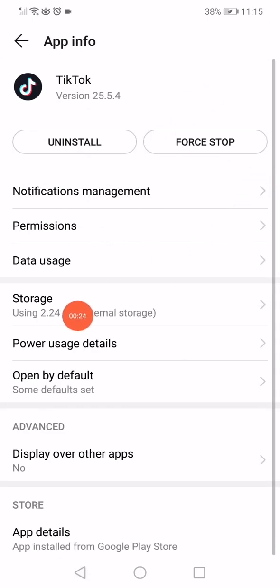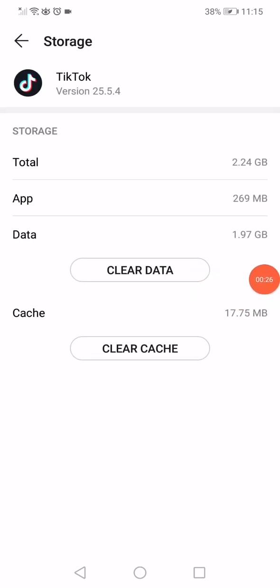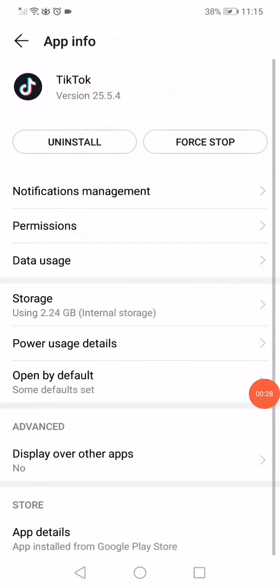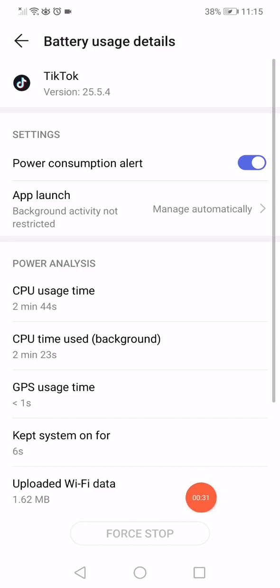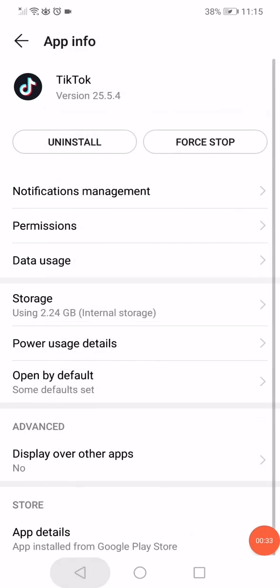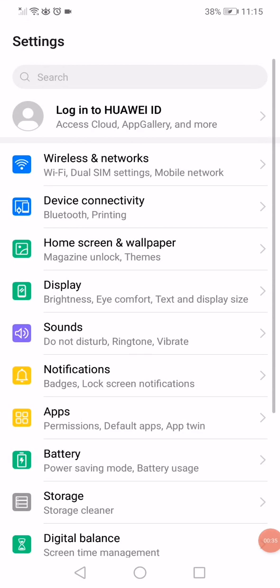Go back, click on the storage or the internal storage, click on clear data, clear cache, go back, click on the power usage details and click on force stop. That's the first way. The second way is you have to go to the settings, open the wireless and networks,